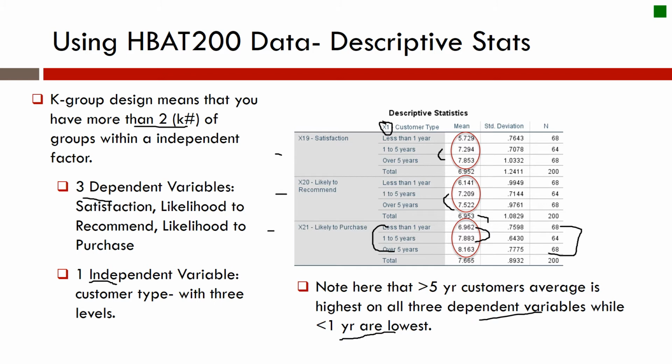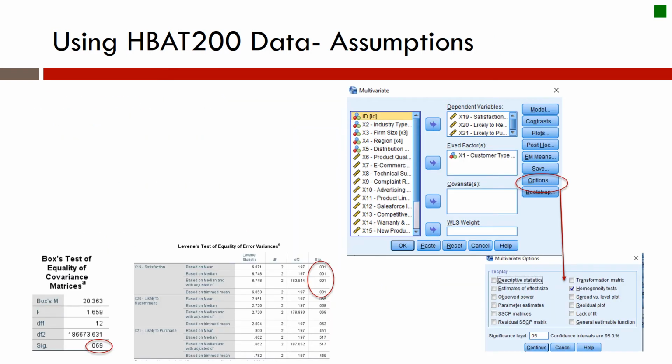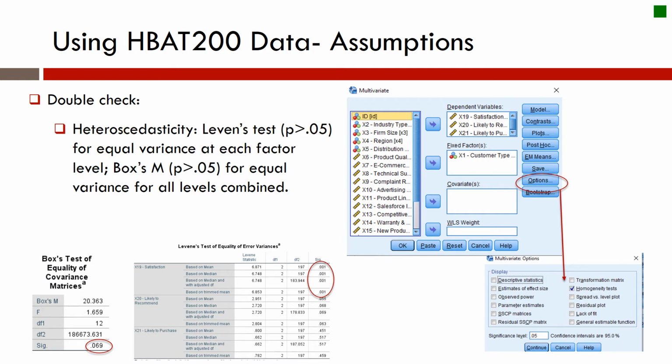One of the things that we often want to test is the intermediate groups, the middle groups, and see whether there's a significant difference between those groups as well. That's something we'll look at as we move forward. Again, with this type of work, we need to double check and confirm our assumptions. So when we're running this analysis